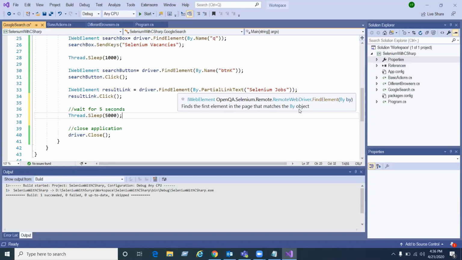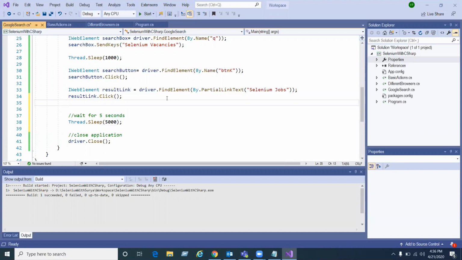That's why it is clicking on that Naukri.com link. If you have more than one matching web element, the first matching element will be used. So that is one of the interview questions.